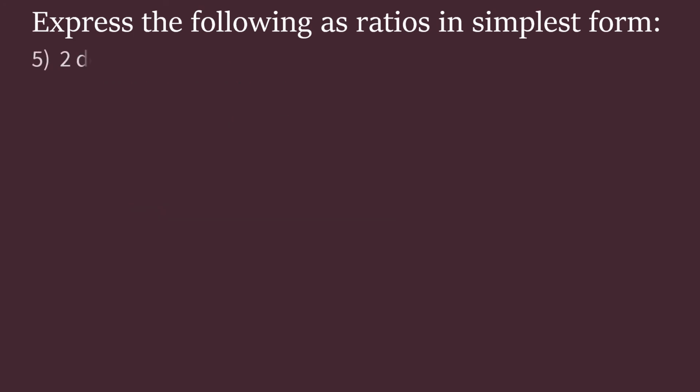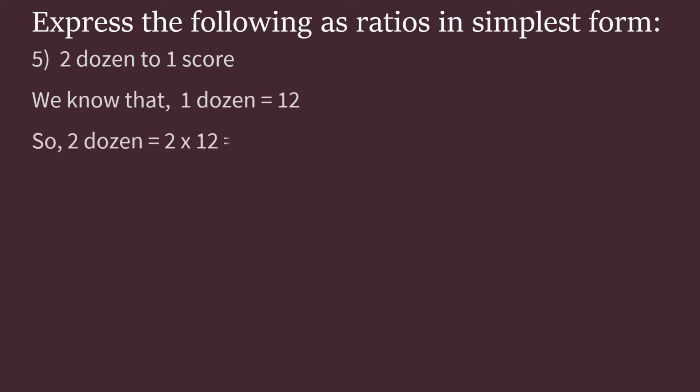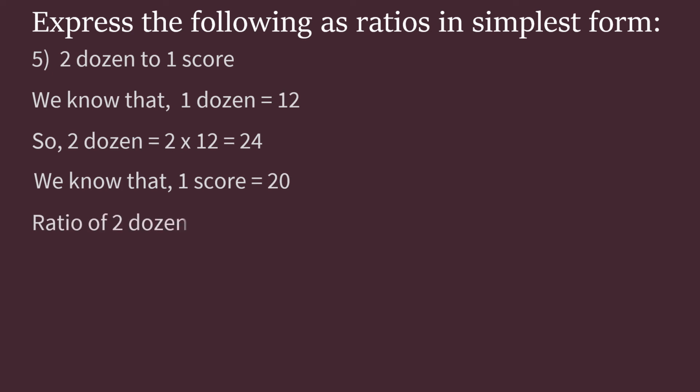Question number 5. 2 dozen to 1 score. See, dozen and score both are different units. We know that 1 dozen is equal to 12. So 2 dozen is equal to 2 multiplied by 12, which is equal to 24. We also know that 1 score is equal to 20. So ratio of 2 dozen to 1 score is equal to ratio of 24 to 20, which is equal to